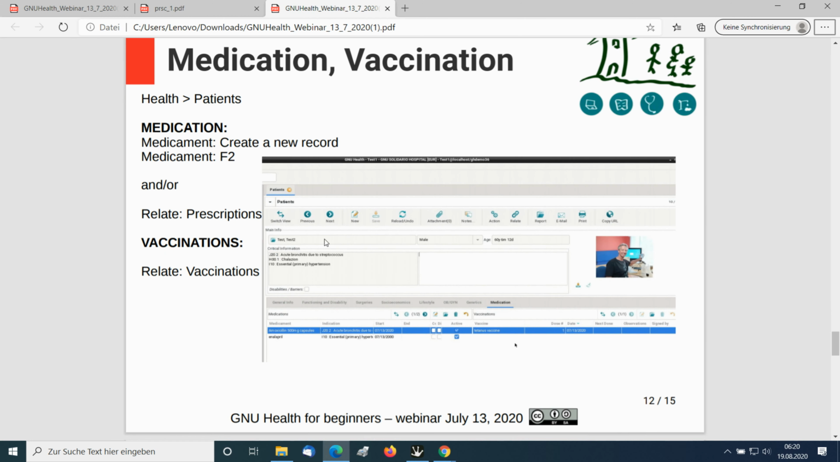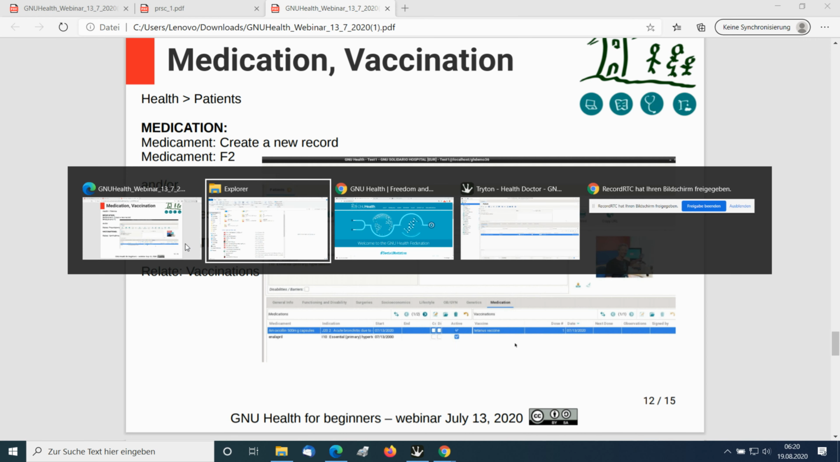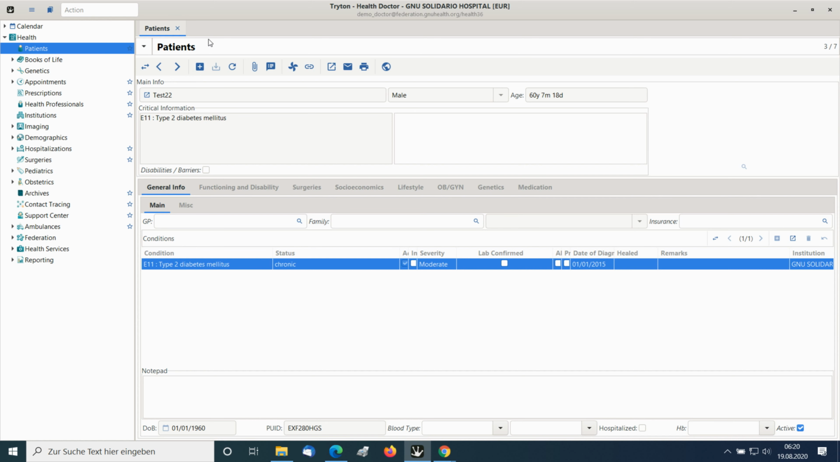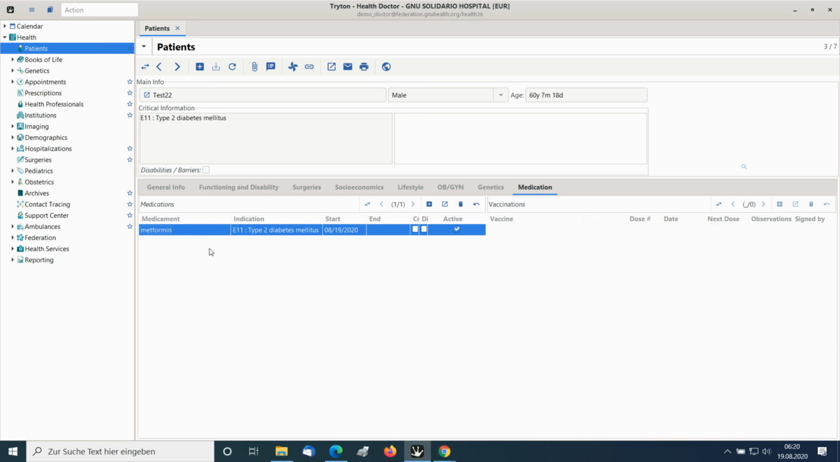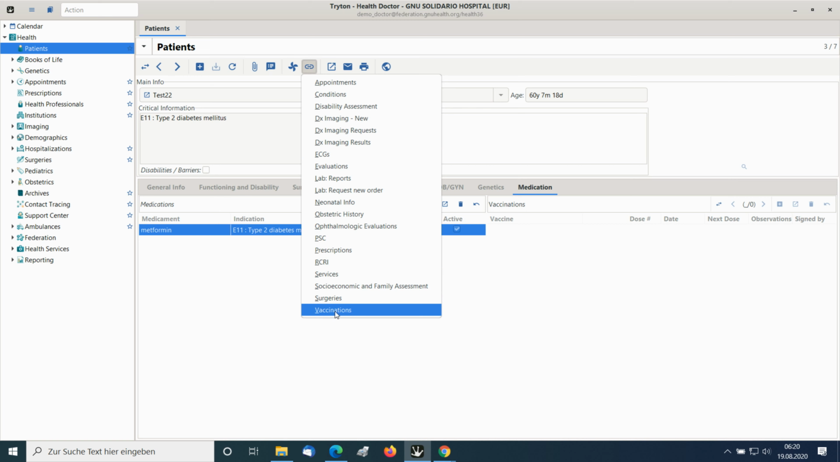So what have we done until now? We created a new record for the medication, we made the prescription, and now we will also add some vaccination. How to do this? Again, we are at the patient and look for the medication. And you see here the field on the left side is the medicament, and on the right side it's the vaccination. But if you click on the new record, it doesn't work. So we will go to the relate, and here you have also vaccinations,